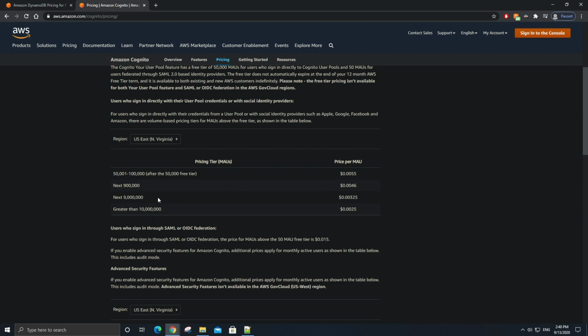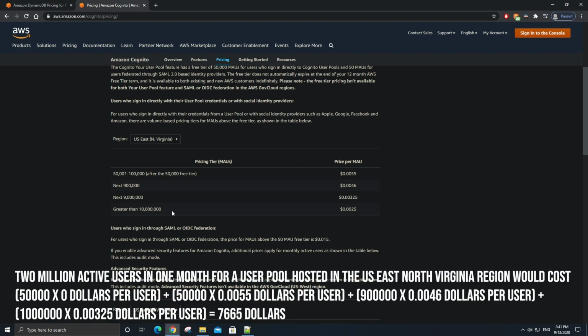The next 9 million active users after the first million in that same month cost $0.00325 per user, and any more active users beyond the first 10 million cost $0.0025 per user. So let's say you have 2 million active users in a month for your user pool in the North Virginia region. You would be charged nothing for the first 50,000 active users, but then you would be charged